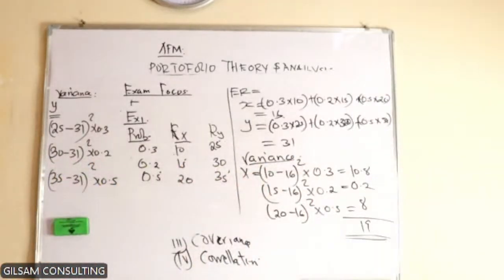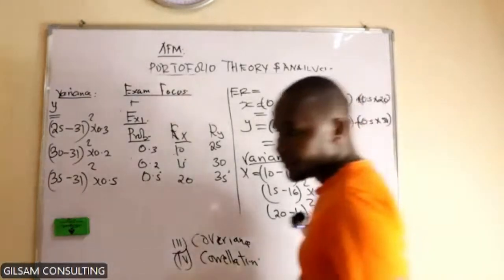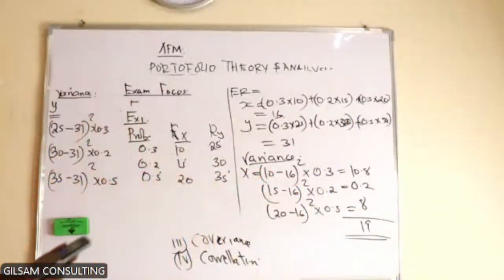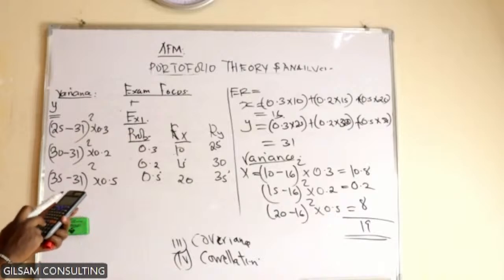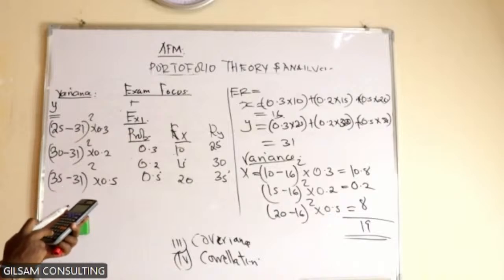And then take the first return for Nyati, which is 10, minus the return, 13.3. I remember that, squared, multiplied by the probability, 0.3. So whatever you get here, you square. You don't square all of this. And then the next is